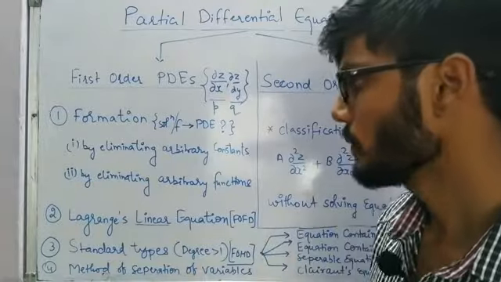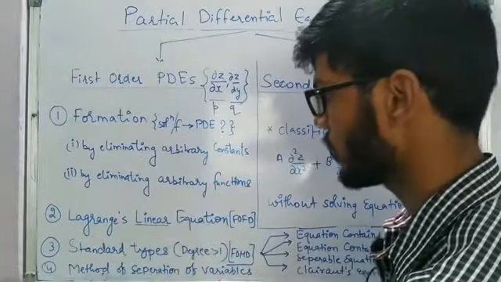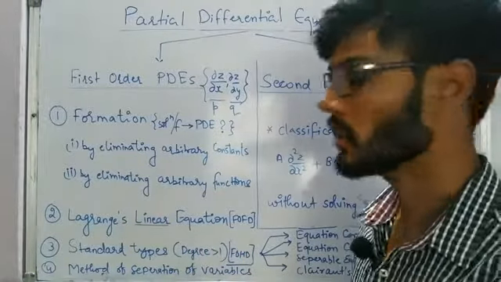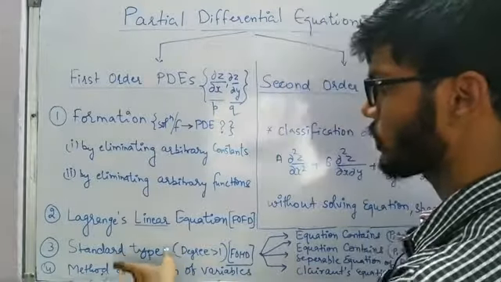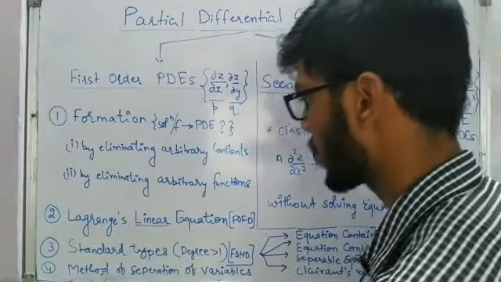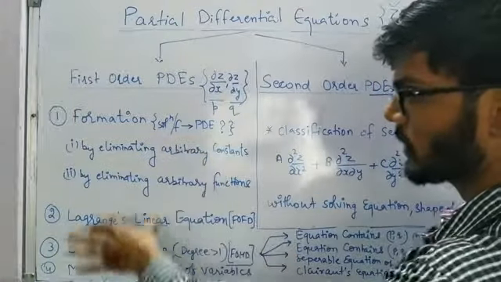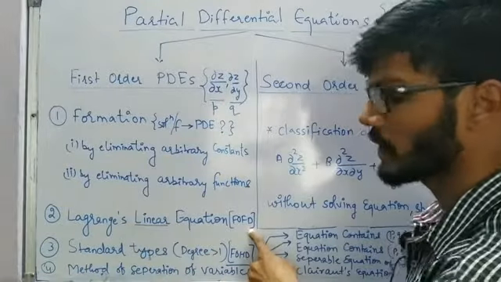In the second, third and fourth parts, we have the partial differential equation and we have to come up with the general solution. So this is going to be the reverse part, and that is going to be the forward part, where we have the differential equation and we have to write the solution. In the case of writing the solution, we have to talk about Lagrange's linear equation. Why linear? Because it is going to be of the first degree, because we are talking about first order only, but whenever you see the term linear, it means that the degree is 1.